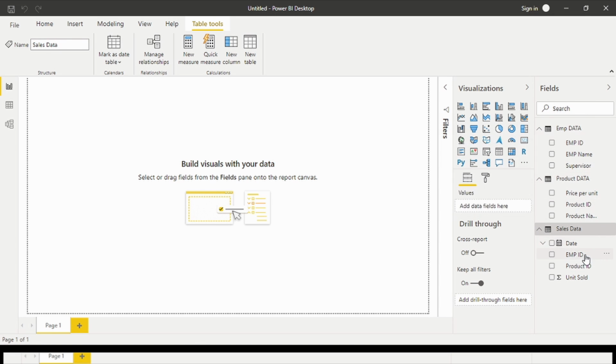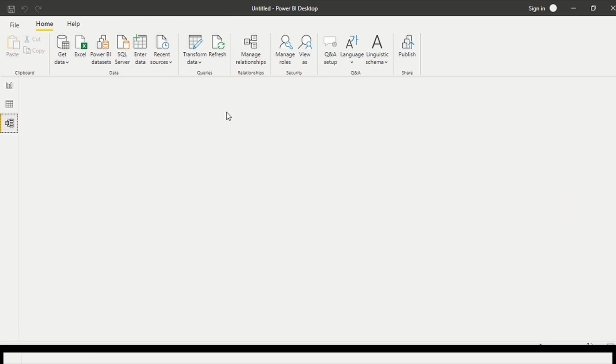Employee ID is related across these Excel sheets because these three are separate Excel files. So we have to make relationships here. All the data is related to one another, like product ID here and product ID here. You can do this here in the model.